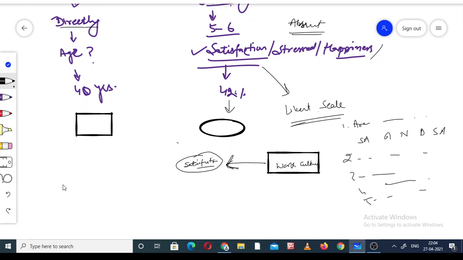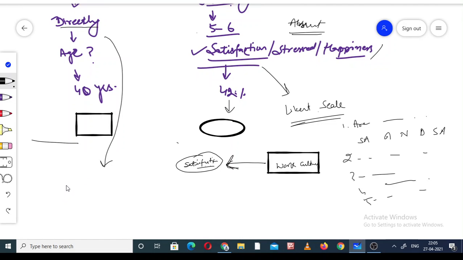One more thing: whatever is there in the data file of SPSS will always be the observed. We are talking about this one, this is the observed variable, and this is the latent. So what is the condition here?